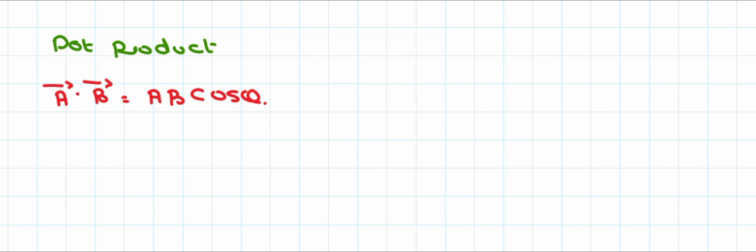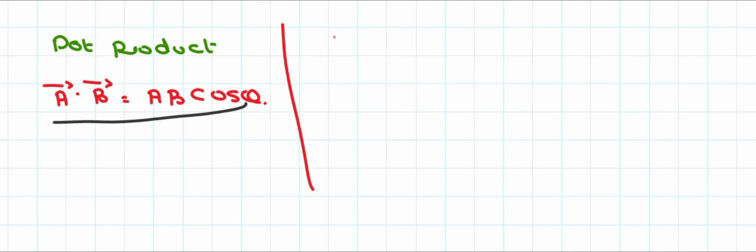Now, the use of dot product to solve questions: if the question demands us to find out the angle between any two vectors, we use the dot product formula to find out the angle between two vectors. As well as if we are interested in finding the projection of A vector onto the direction of B vector, we use the dot product formula again. Let's suppose we are going to find the projection of A vector onto the direction of B vector, so it can be written as A dot B equal to A B cos theta.